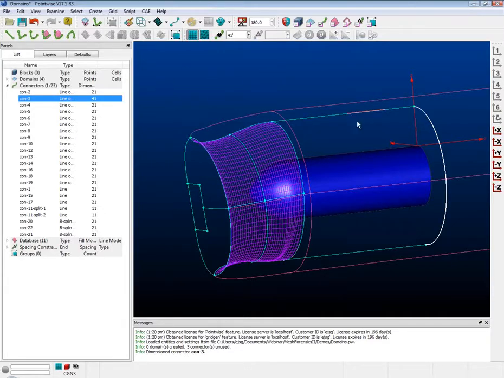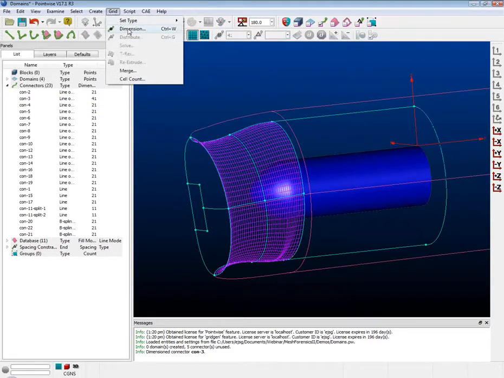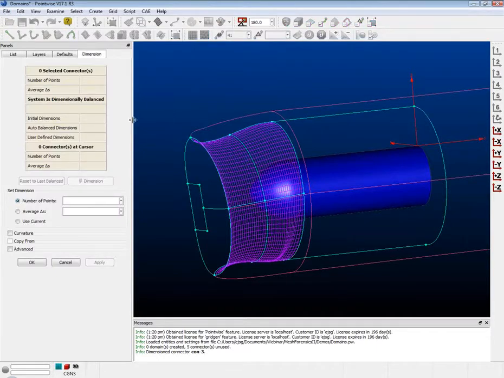The other way that we can go about changing the dimensions of our connectors when we need to is to actually go to the grid menu and use the dimension command panel. The command panel is set up to give us a lot of additional capabilities, and we're not going to be able to cover all the functionality that we have in this panel today. But specifically, I want to point out that when you use this command panel, it will try to